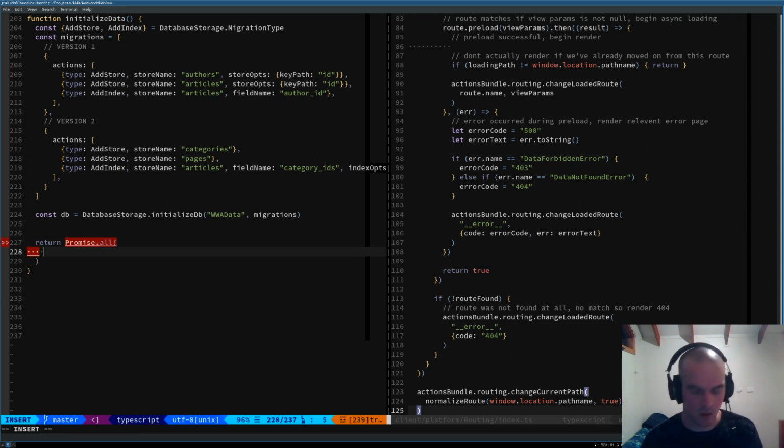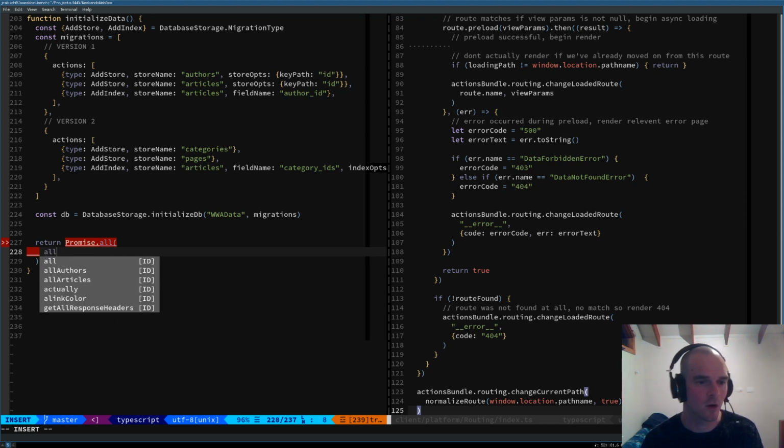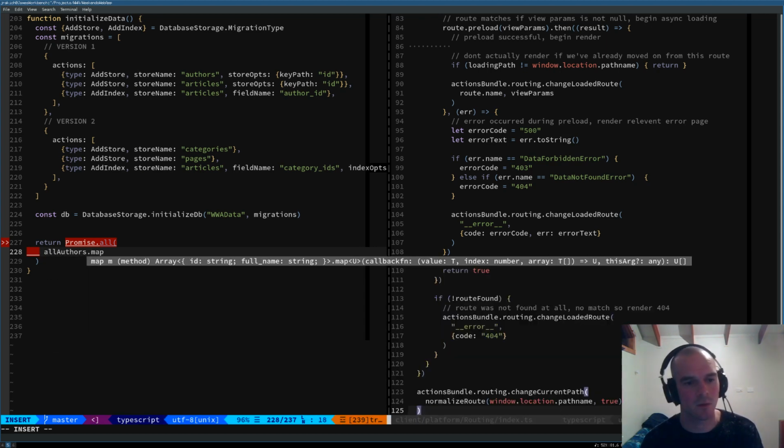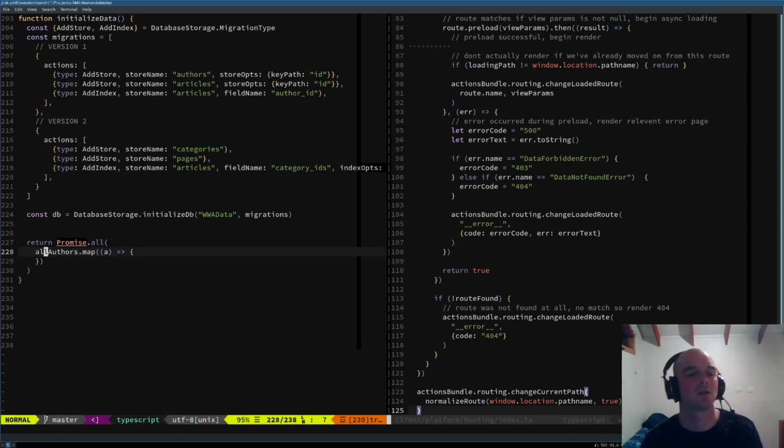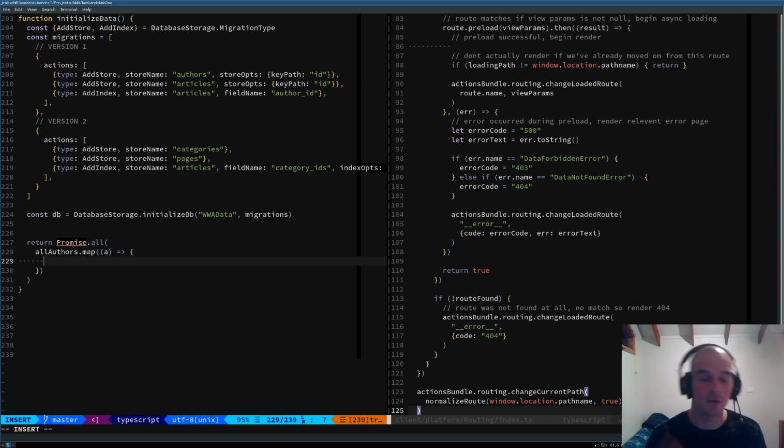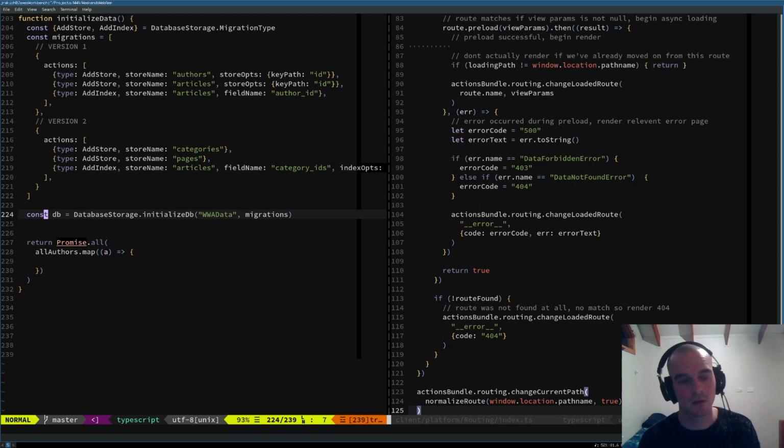instead of providing all of the promises individually, what we're going to do is go all authors, and then we're going to map them. So for those of you who remember what a map does precisely, a map turns each item into something new, right? And what we're going to do is turn each of them into a promise. And we're going to assume that our little database system here should probably do that for us, right? So let's say